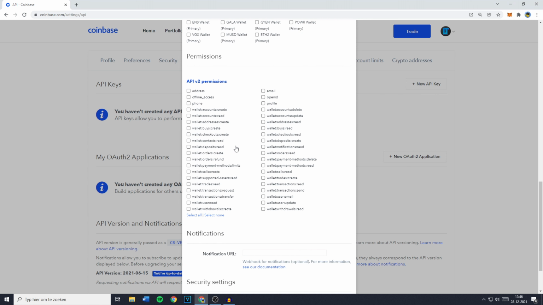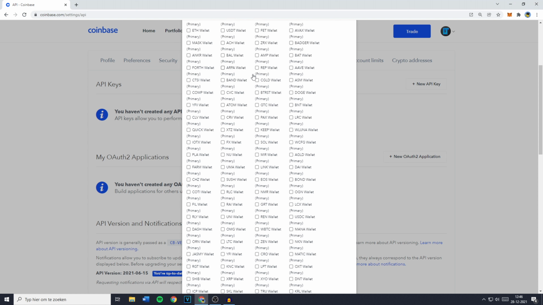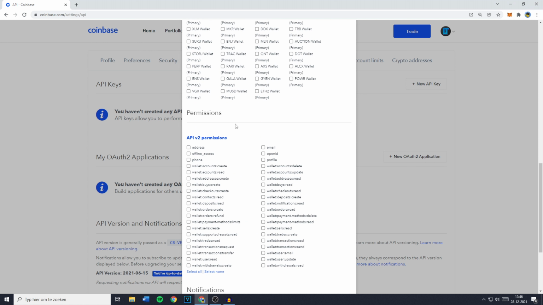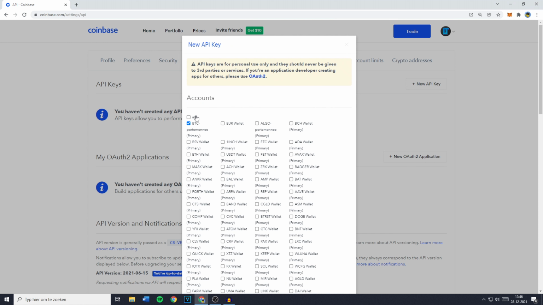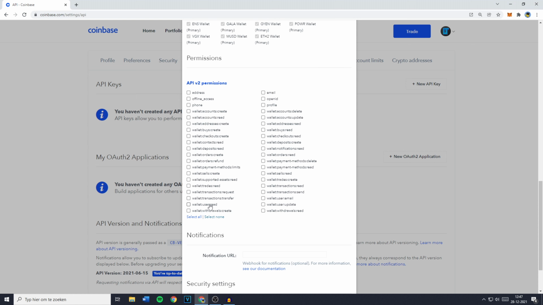So all of the crypto wallets you would like to have an API for. API keys are for personal use only and they should never be given to third parties or services. However, in this case, you do have to give it to a third party because you want them, the third party, in this case Delta, to track your crypto portfolio. So you want to click on all, then scroll down and then you want to disable, so click on select none, you want to disable all of them and you just want to go over to wallet, user, read and